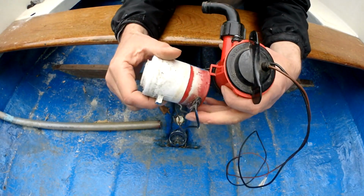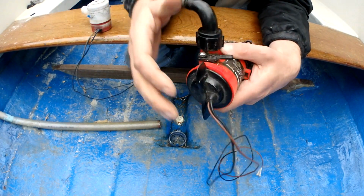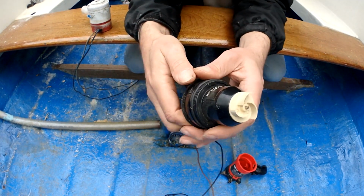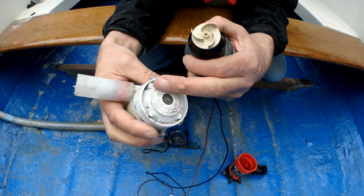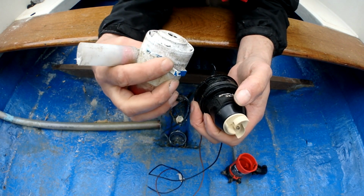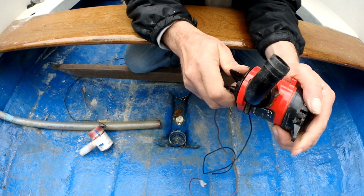And as you see, this is the old pump, which is an old Rule. I don't like these. They pump fine, yeah, but I just don't like them for the simple reason, if you look at this one, you can pop that off, you can twist that, and you can pull that out. And as you can see, that is really easy to clean. And with things like this, if you get a bit of fishing line going up in there, you'll have a nightmare getting it out, because it's all sealed. I mean, it's designed to stop things going in, but things always get sucked up. A bit of fishing line in there wraps around the back of this, and you'll struggle to get it out. But with this one, you can just pull it out like that, clean it if you need to, and then it just goes back in like that, and it's got a grommet or an O-ring, so you just